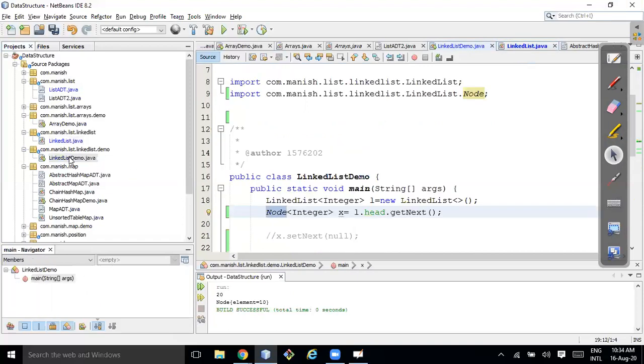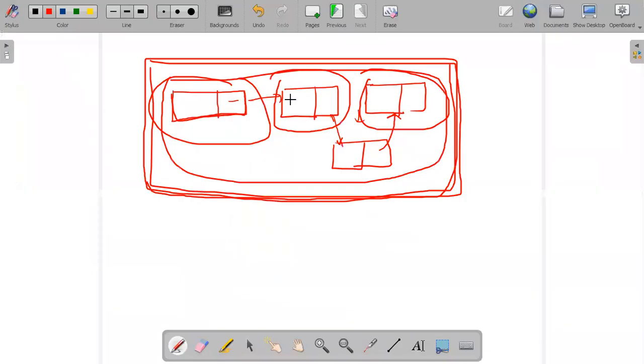My target here is that, instead of getting the node, I should get some pointer to each node. I'll get a pointer to this node, but I can access only the element. I won't have access to modify or update the node. That's my target. How can we achieve that?